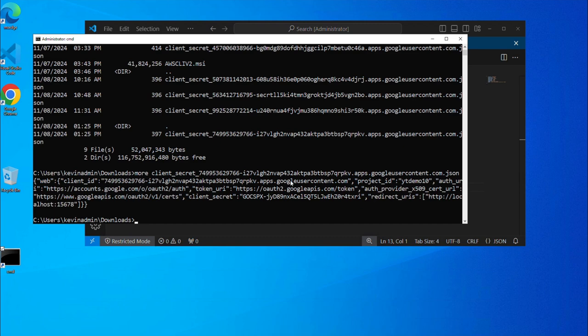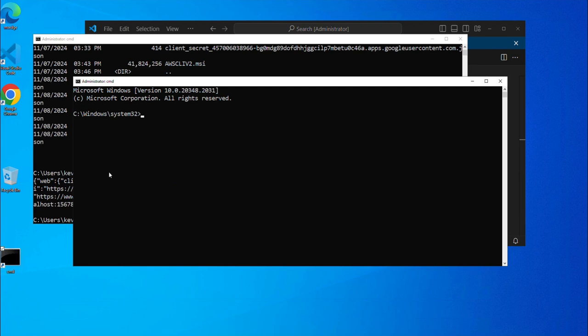That's how Google knows that this is the application that you're using. It's YT demo 10 as we did, and we've got to look for the client secret. There we are, so that's the client secret. If I just grab this client ID, we'll do Control C. Let's start another window and go into test